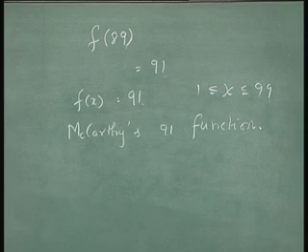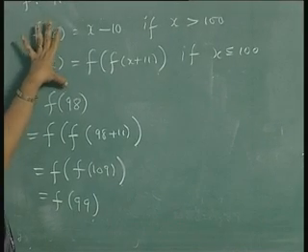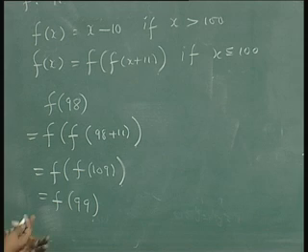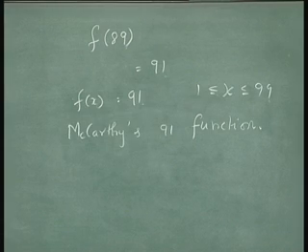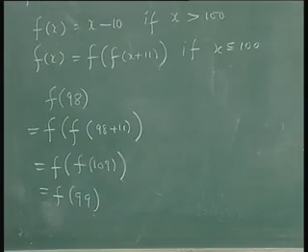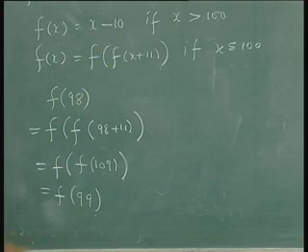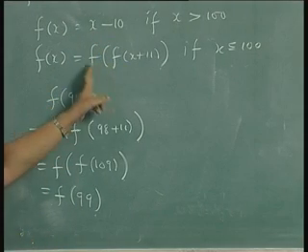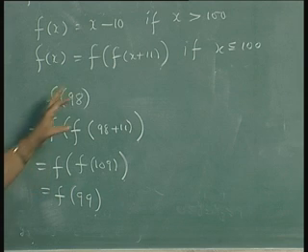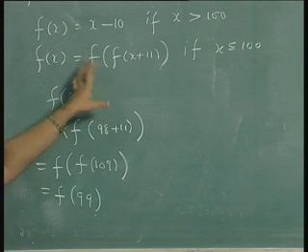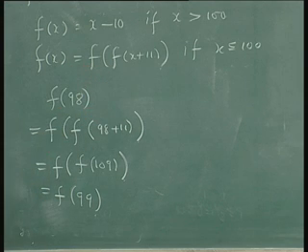The way you define it, it is not very easy to understand or realize that this is that function. That is, for all arguments between 1 and 100, 101, it will take the value 91, and later on it is x minus 10. The way it is, because there are 2 recursions inside this. It is a recursive function, no doubt, but in the definition itself 2 recursions are involved.